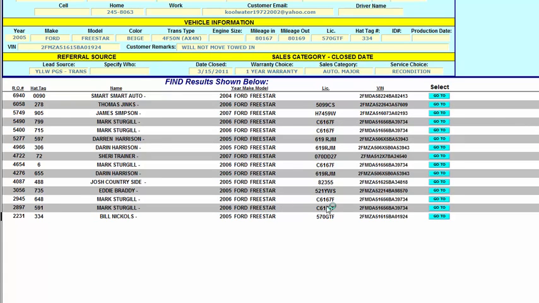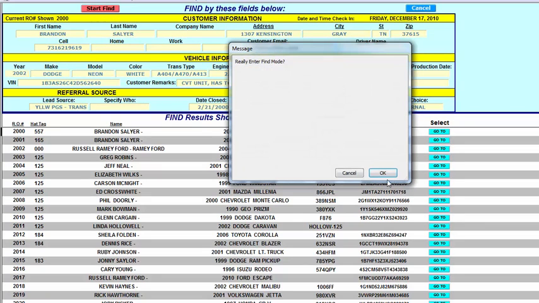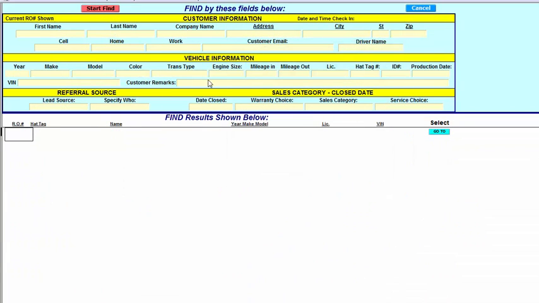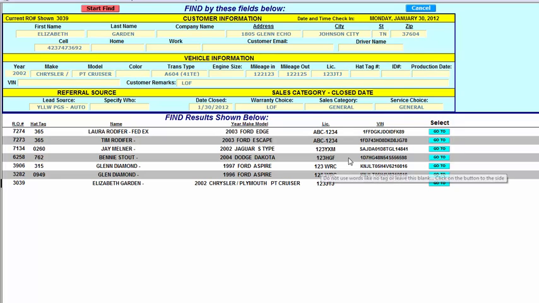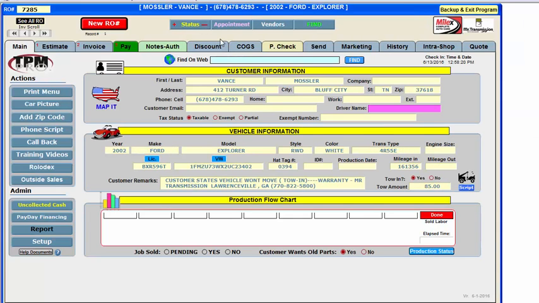it will take me into how many times I've had a Ford Freestar in my shop. If I click on the Start Find at the top and I want to search by tag number, you can simply just type in the first few letters of the tag number or the whole entire tag number. It's up to you, and it will bring up pretty much everything that has those digits in there that you're looking for. I'm going to hit cancel,